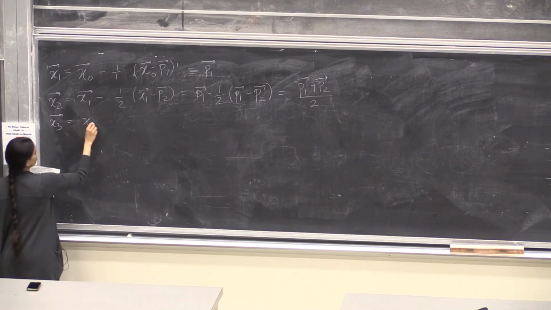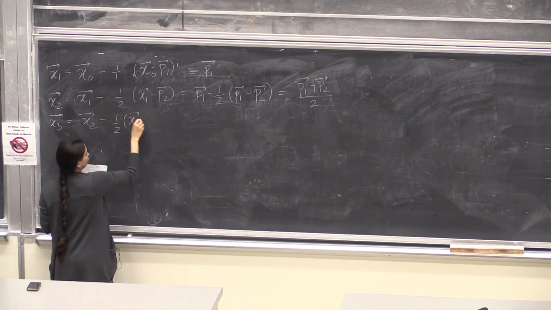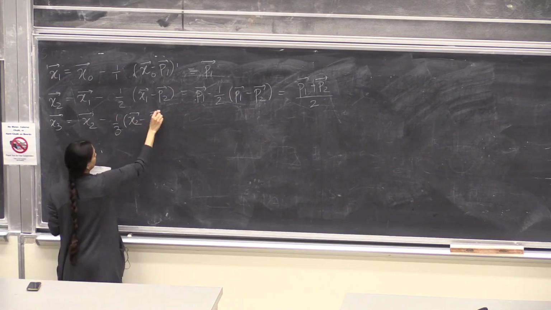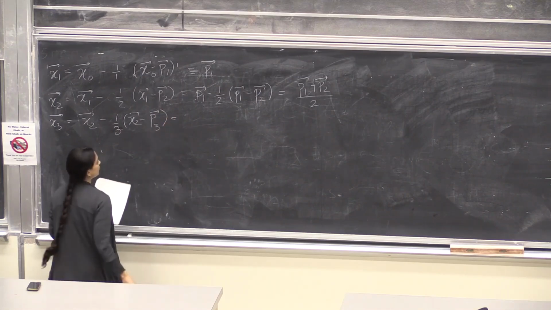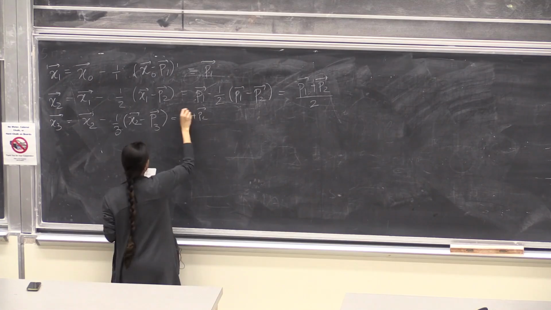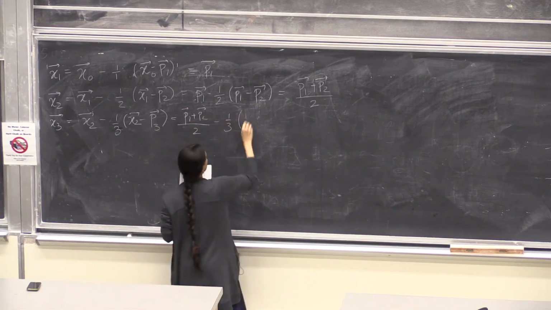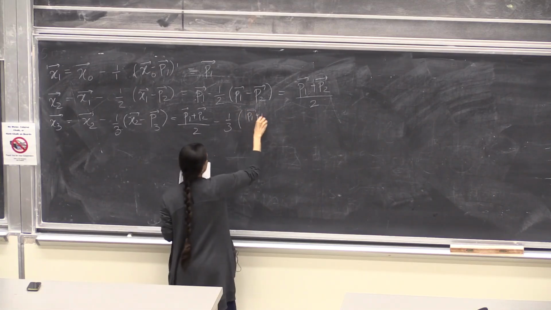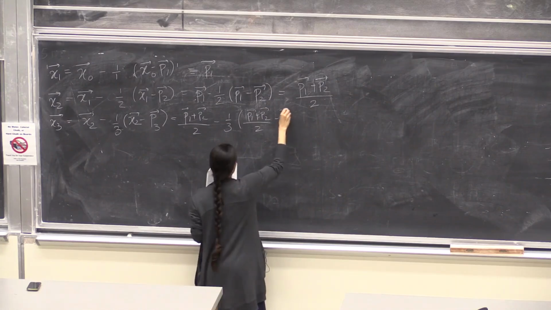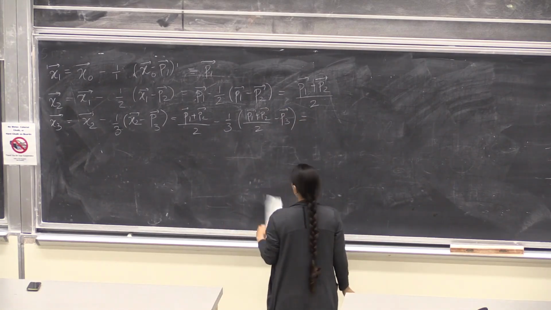It is now x2 minus 1/3 (x2 minus p3), which is equal to (p1 plus p2) divided by 2 minus 1/3 (...), which is equal to